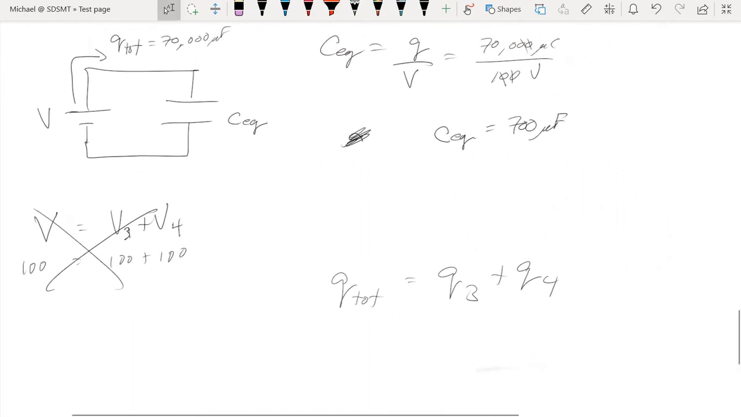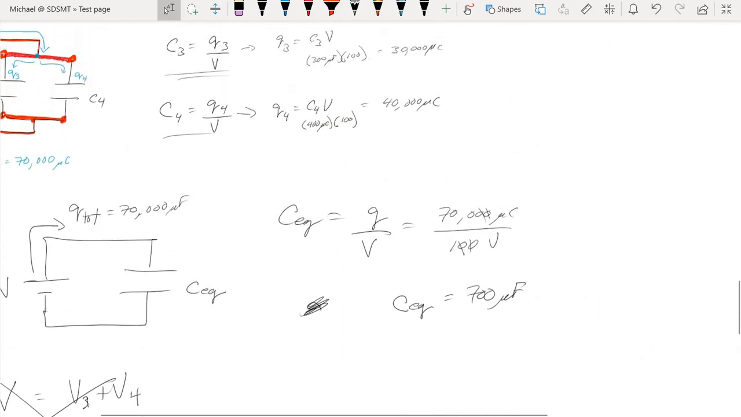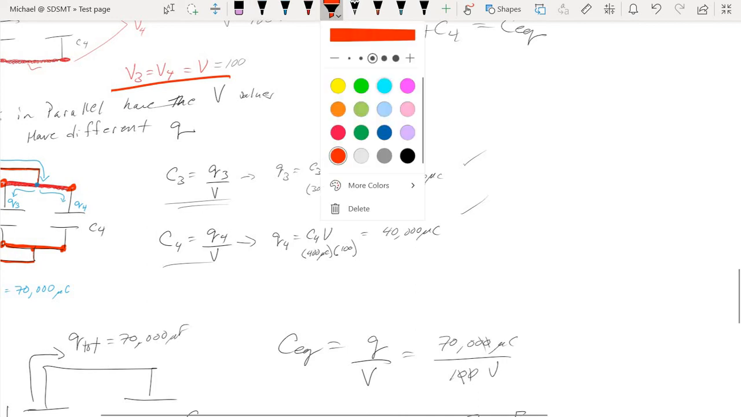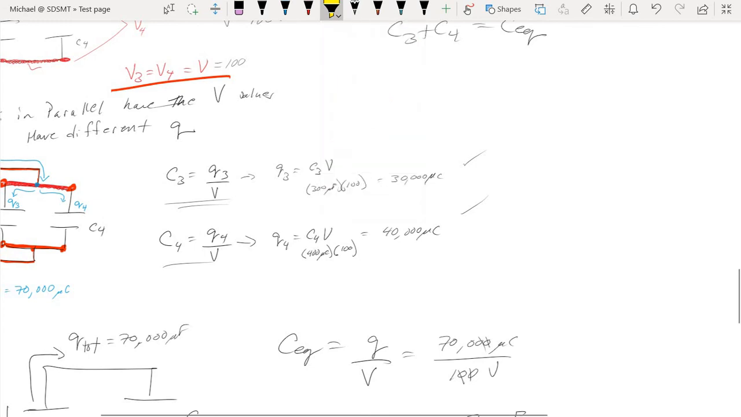How am I going to get those values? Well, we already have them. That's kind of the hard part, is that even though we know these values, we don't want to use them just yet. We want to be able to reproduce those values. So how about if we take a step back and we use the